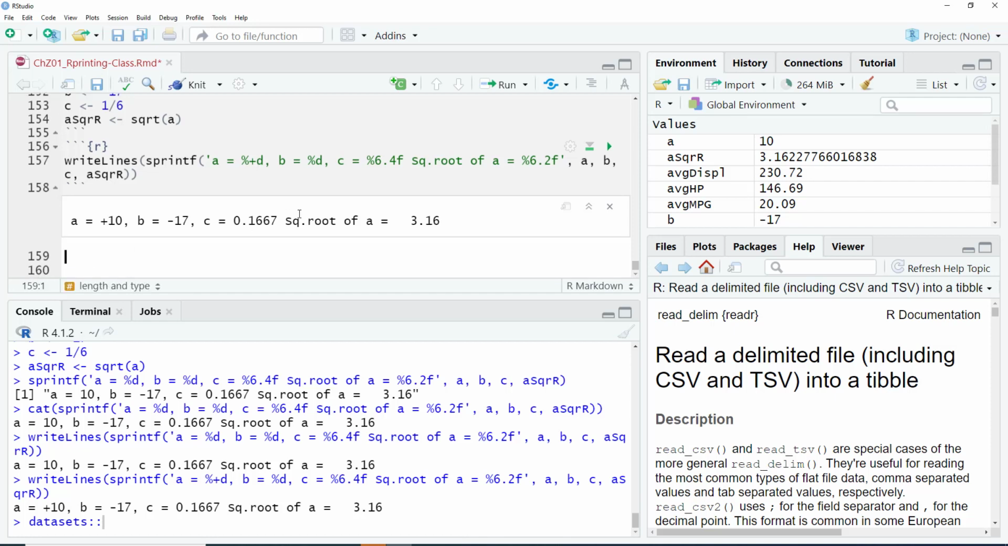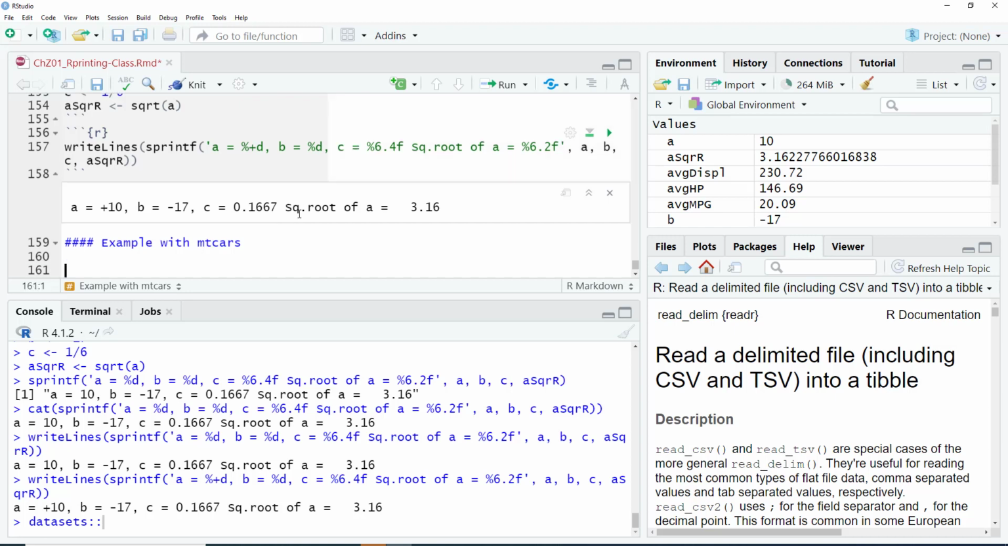Okay, let's do another example with mtcars, right? So suppose that we want to print the mean and standard deviation. Okay, calculate and print mean